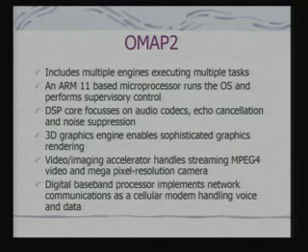Also, there will be a digital baseband processor which implements network communication as a cellular modem handling voice and data. In fact, this is primarily targeted for cellular phones, and what today people are talking about is smartphone, that is a phone which has got all elements of personal entertainment as well.